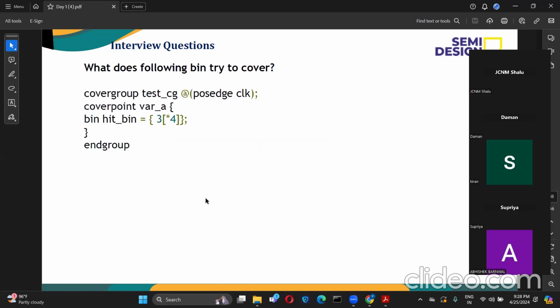Okay. Fine. So then we will see what the following bin tries to cover. Actually, we didn't cover this. If anyone can try to guess it, you can. I think only one bin, maybe. Madam, that number 4 is repeated 3 times, if I'm not wrong. Or else number 3 is repeated. What about others? One bin, number 3 is repeated 4 times. Okay. Abhishek, you were telling something. I'm telling one bin only.